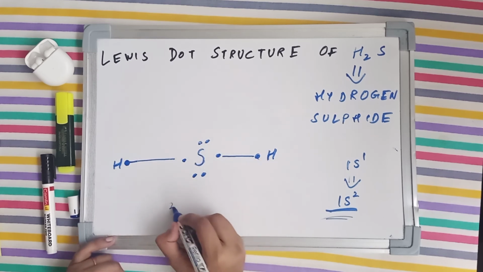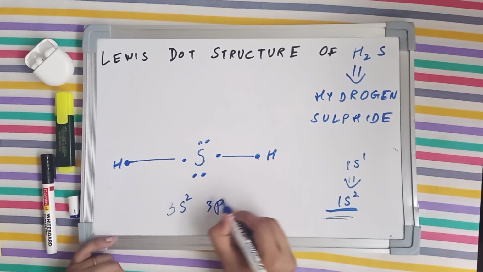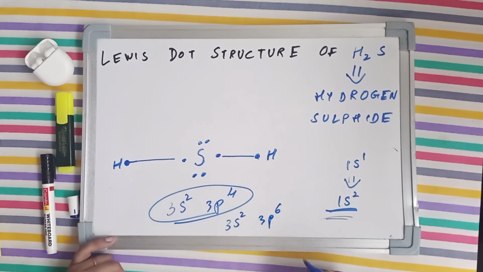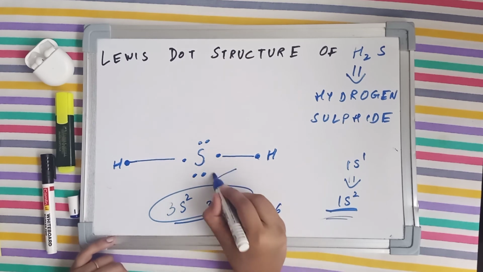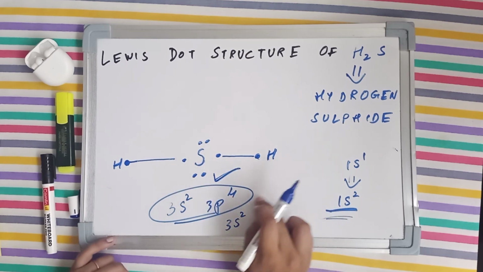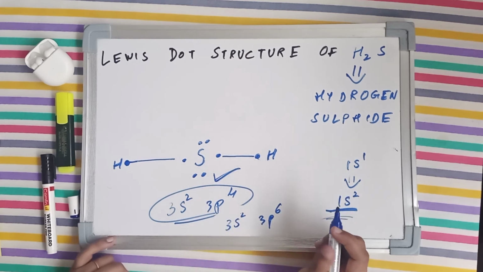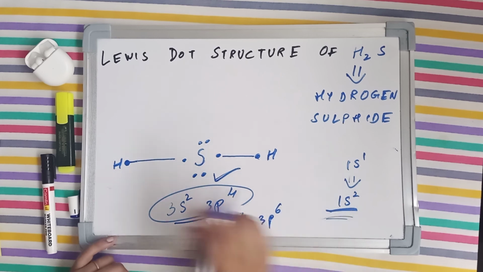Now 3s2 3p4 was before. Now it has the electronic configuration of 3s2 3p6. The maximum number of electrons in a p subshell is 6 electrons. So sulfur has done its part, and it has completed its octet, or it has gained a fulfilled electronic configuration, or has reached the maximum stability. So this was all about the structure of